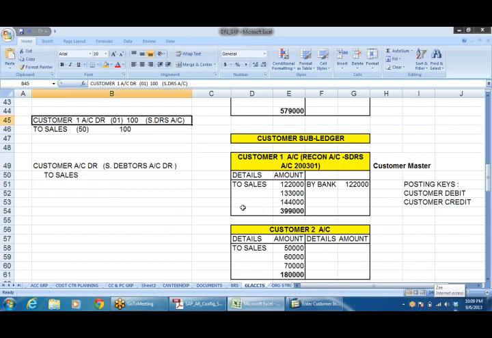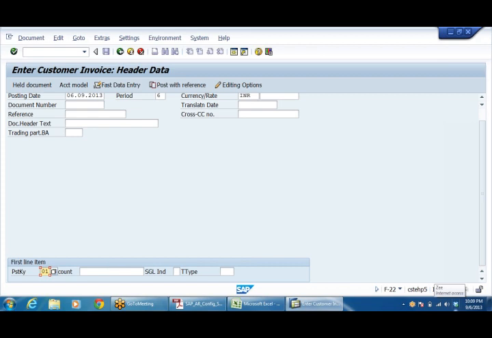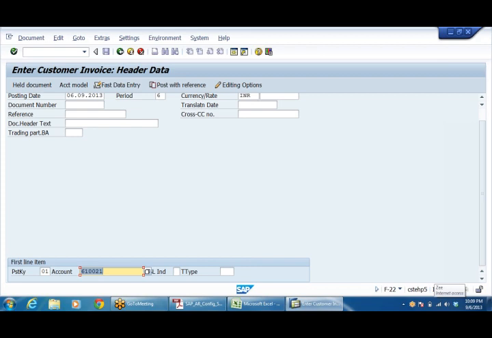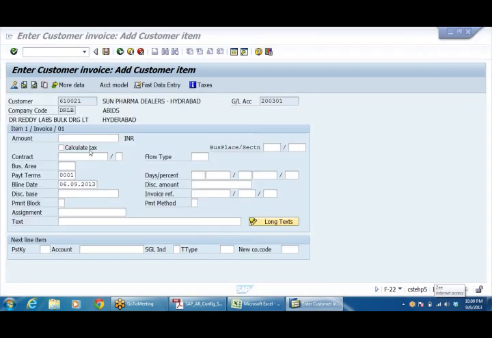Okay. Right. So now what I would like to tell you here is that by changing the posting key, GL accounts are going to change. Since I have taken 01, the system is going to show customer debit. Say the amount is 1,22,000.